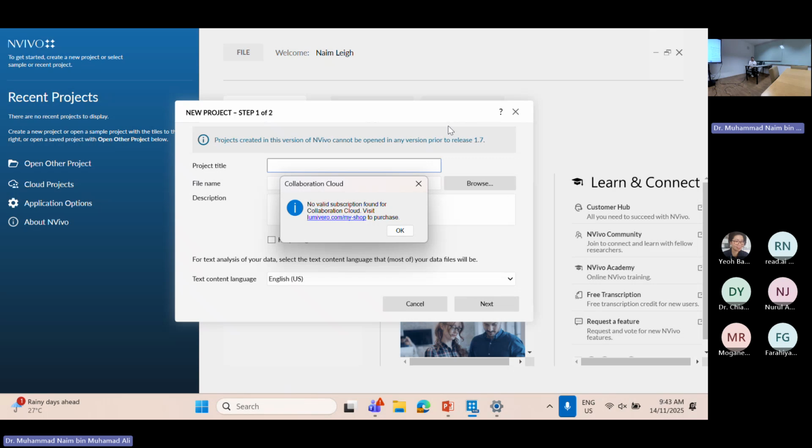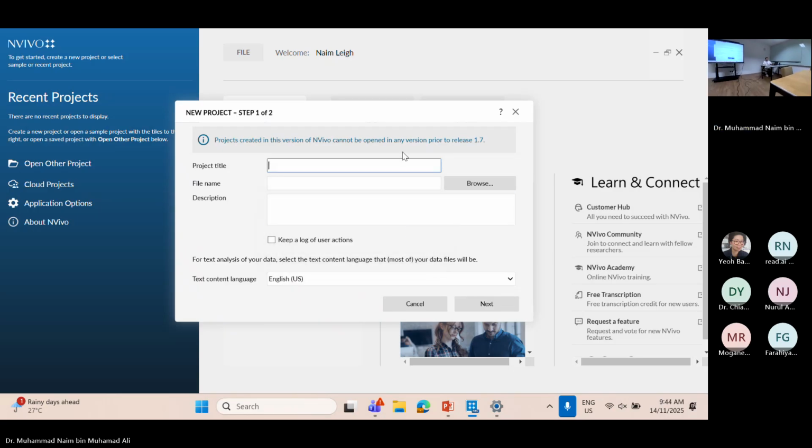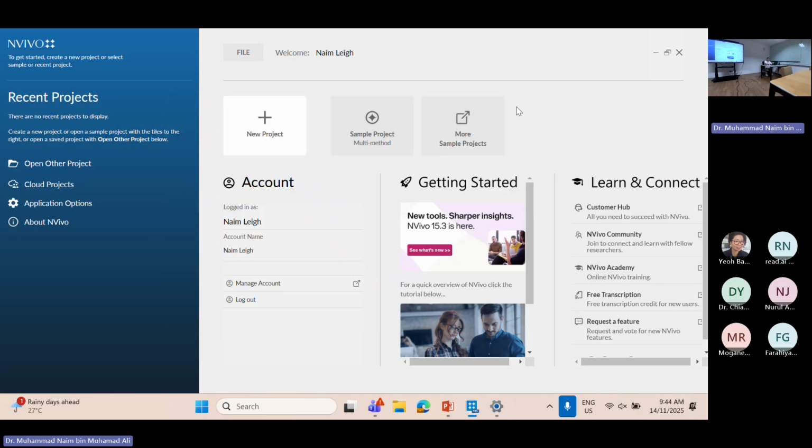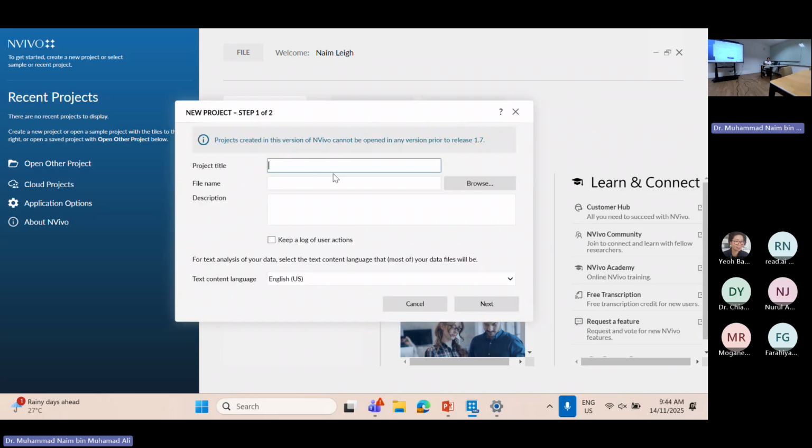Let's start from scratch then. I already have the one that I'm showing, but let's start from scratch. So you open your NVivo 15, and it will show the first page. This is the first interface. If you don't have any project, you can start a new project, and then you have to decide. You have a project title. For example, my project title today is